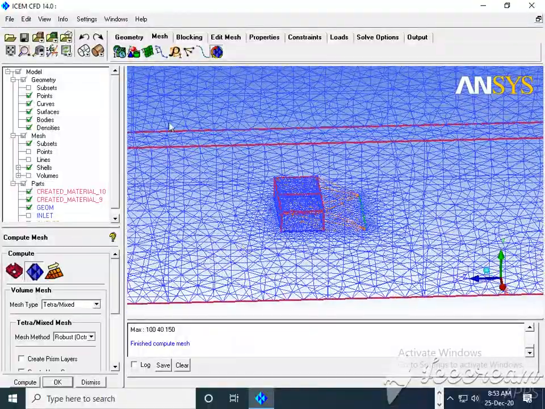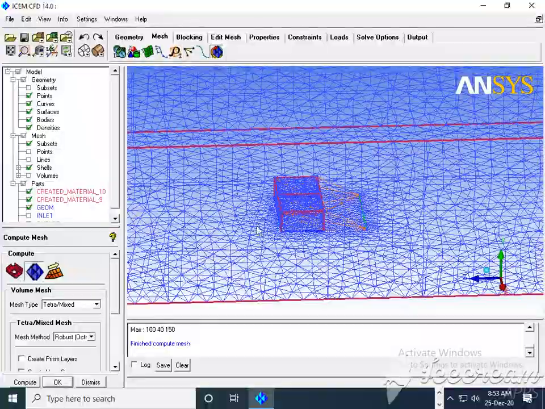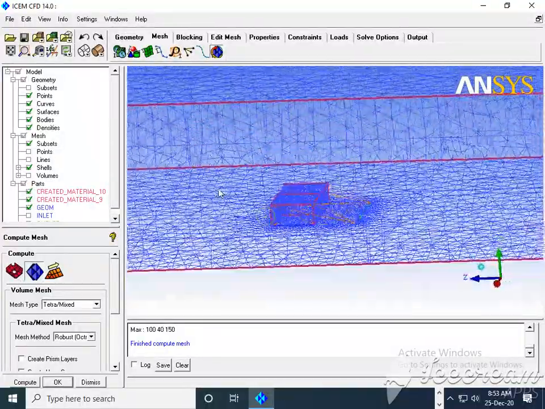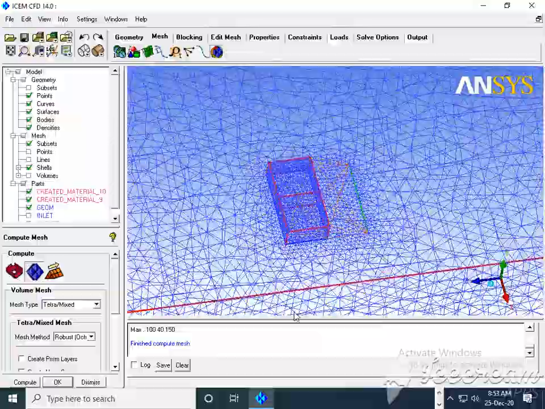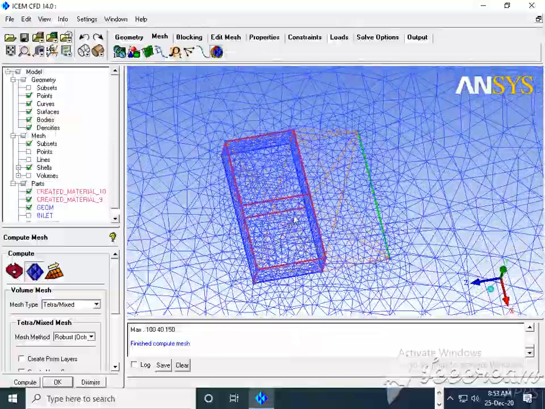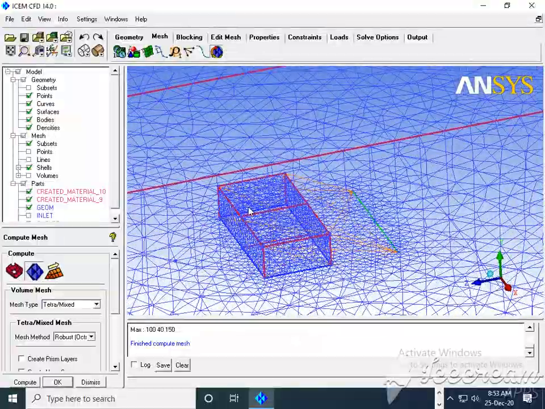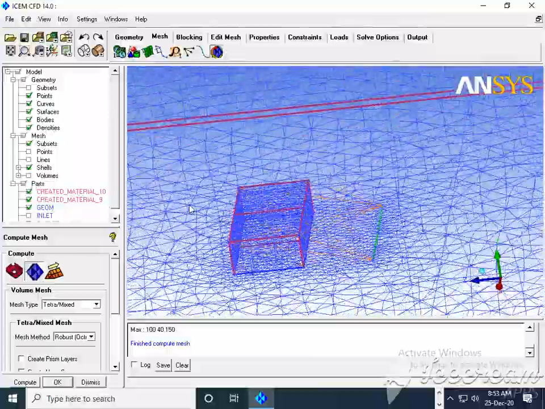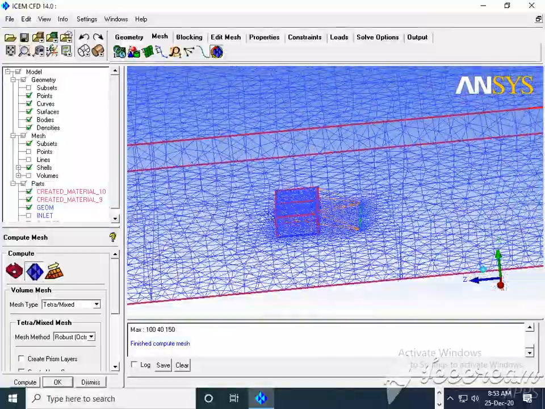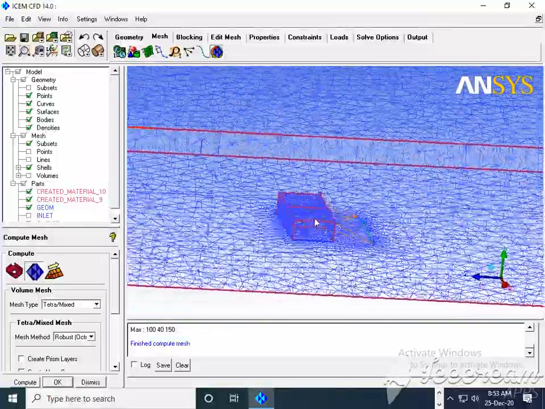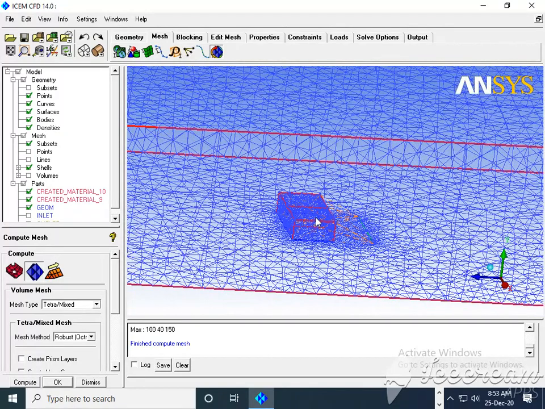It means by using this density mesh, we can generate maximum mesh at the blockage, so that we can capture flow physics. So it is about how to use the density creation operation in